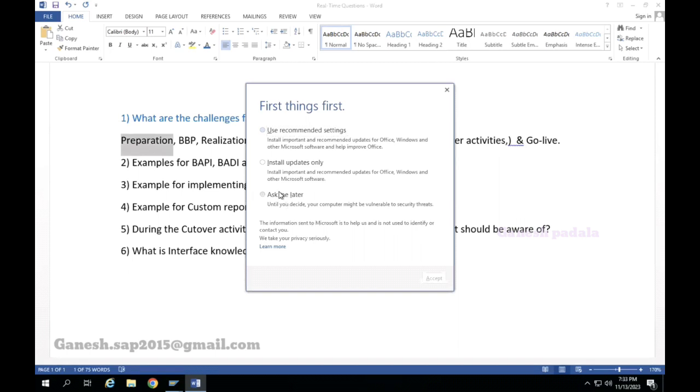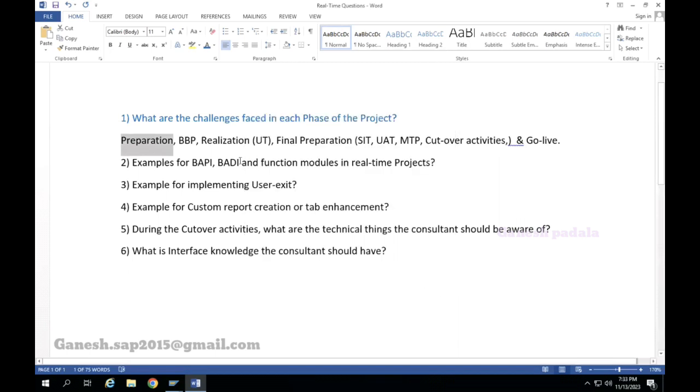Once the team is formed, the project timelines and activities are started, at that point of time we will be involved, and what activities you need to do will come into the picture. So at a high level, in the project preparation stage, we will just come to know about the SOW, the scope of work, and what modules will be available. These are the main activities. So in preparation, you will understand what the scope is.